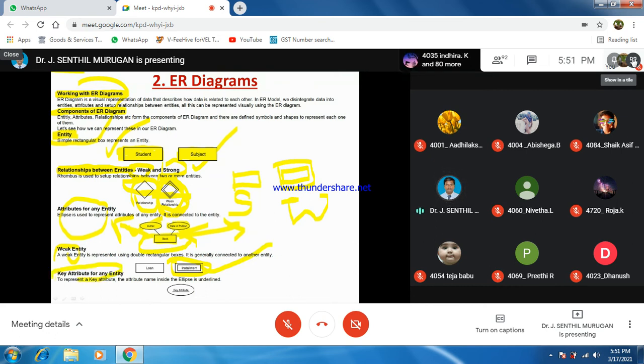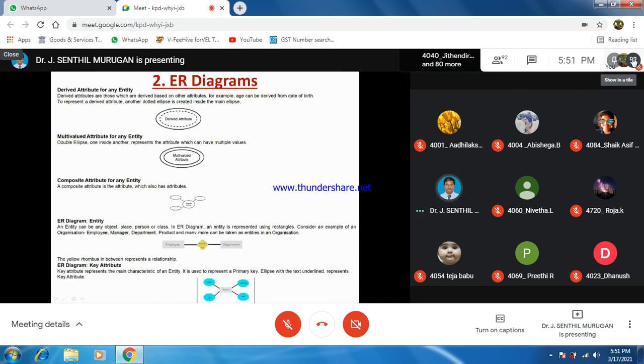What is a key attribute? The key attribute is the ellipse with an underlined definition. It is the important attribute. Then derived attributes come as a dotted line with a circle.